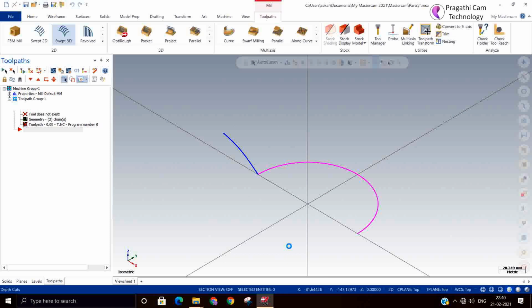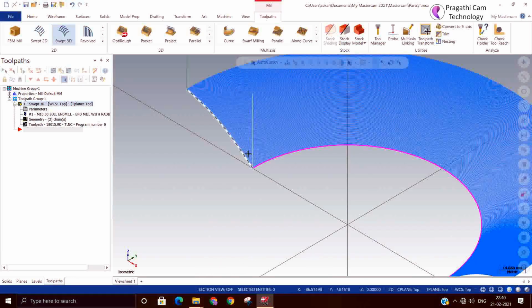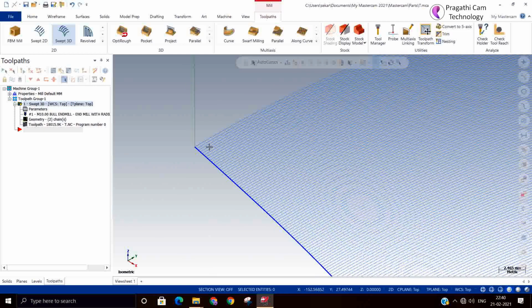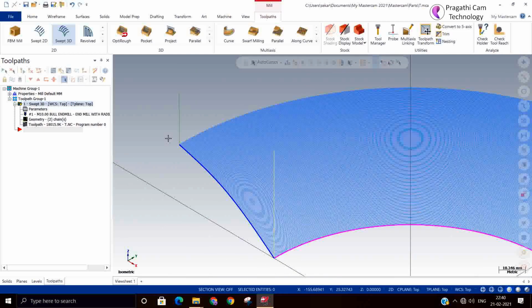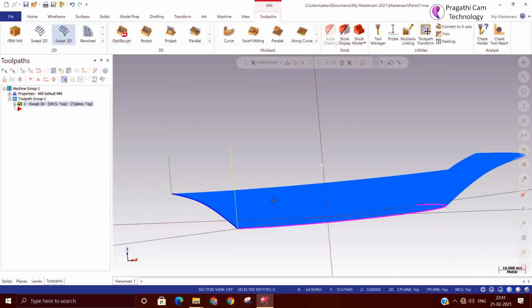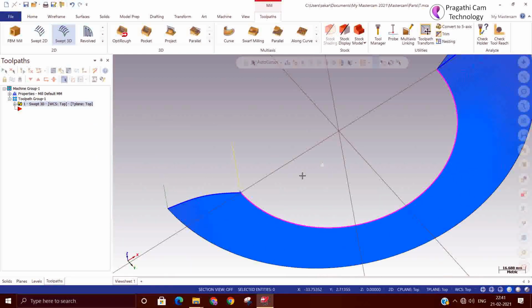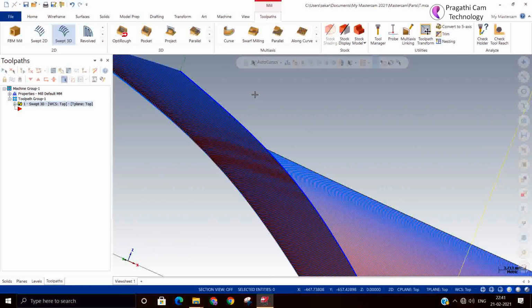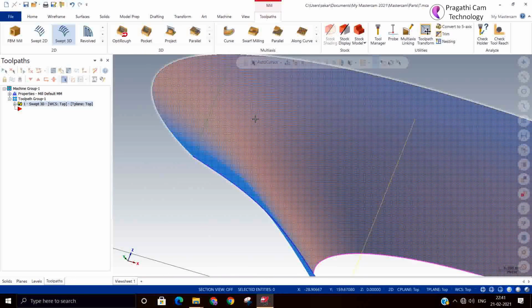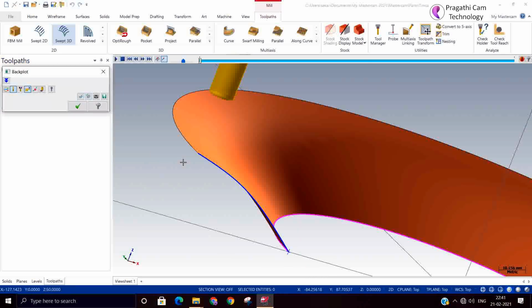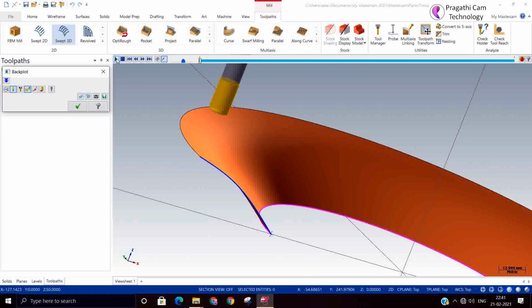I think the profile size is so big. So you can see how nice a toolpath it has made. See, the advantage of this kind of toolpath is one entry and one exit, and it maintains uniform step over. So now we'll just check, open the surface and see how it looks. Now you can see how nicely it has made the toolpath on the surface. The surface is only to make you understand, nothing else. The advantage of this toolpath is that it creates a very nice uniform toolpath.